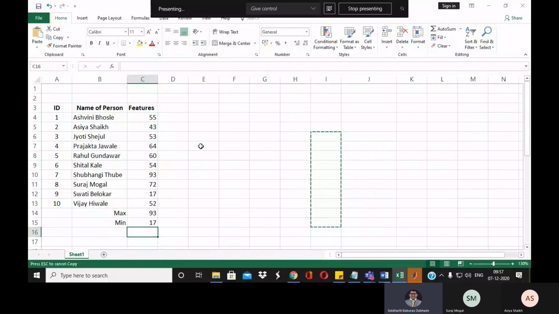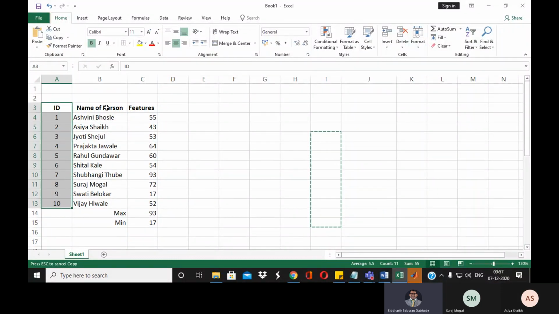So here, what have we done so far? We have created the ID, name of the person with respective ID and its given features. Okay, so these are very limited features, only one number we have selected, but in actual we require a set of features. For one person we can say 100 features, or 50 features, 60, 70. As per your requirement and as per your algorithm, you can decide and fix the feature set of the particular